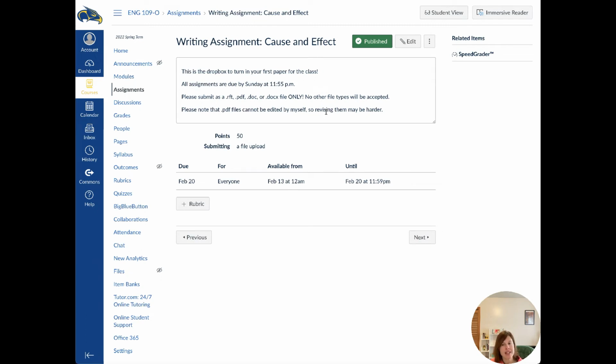And you won't get a chance to revise it because you have to turn something in to get a chance to revise. So even if you're not finished with your paper and you're like, it's not perfect, I don't like it, go ahead and turn it in. Let me grade it and give you a grade. And then if you're not happy with that grade, you can revise it for a higher grade. So if you turn nothing in, it's just a 0. This is kind of like an all or nothing scenario. You either turn in something by Sunday night and you will get a chance to revise it, or you won't turn anything in and you won't get a chance to revise and you'll just be a 0.